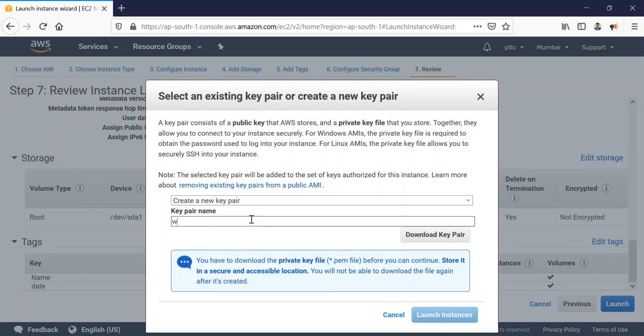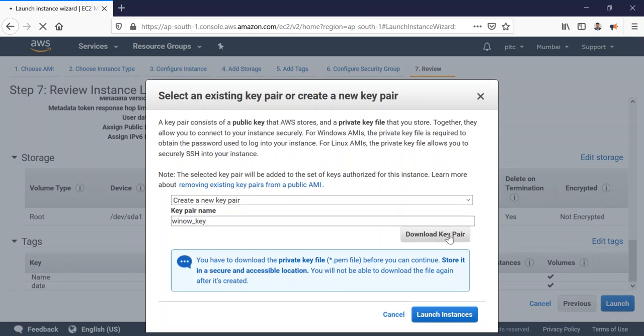So this key pair I will name window. This is my window key, so I can name it window_key, and then you have to download it and save it somewhere. It will be downloaded, save it somewhere.